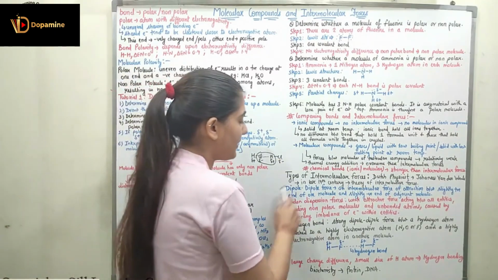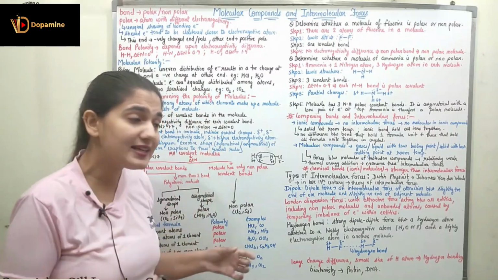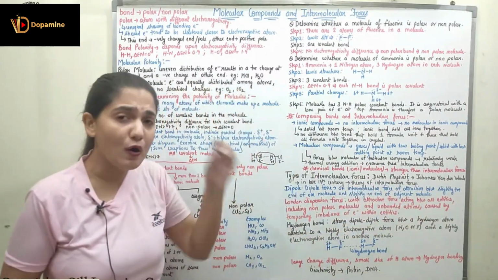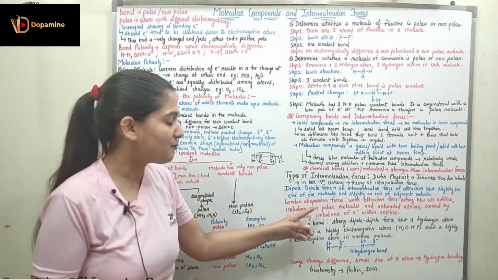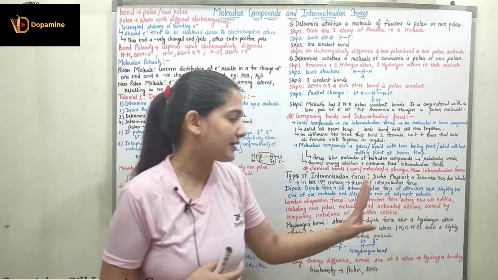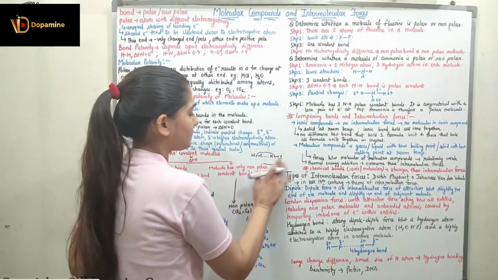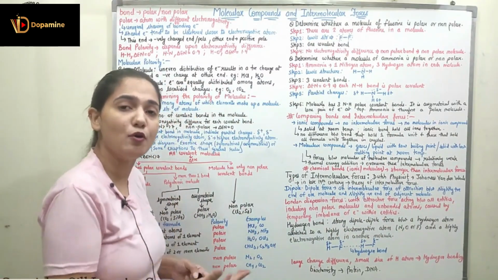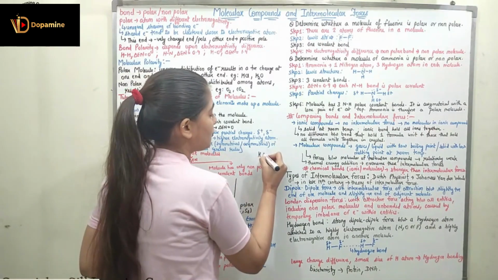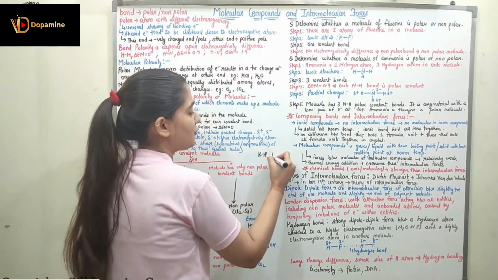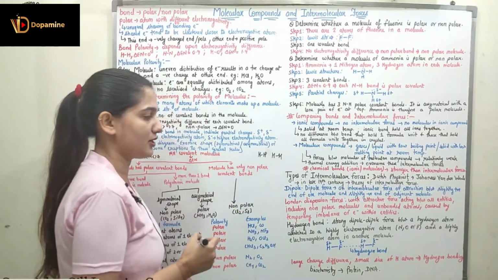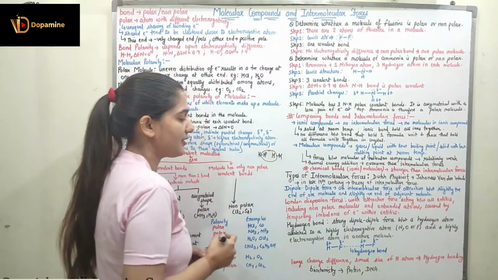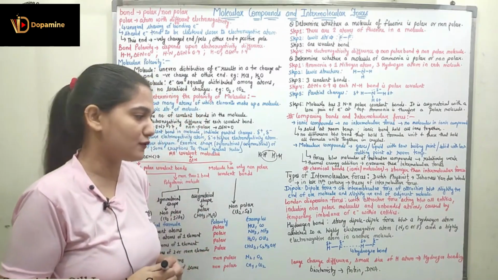So now coming to the London dispersion forces. These are the weakest forces of attraction, which are present between all entities, including non-polar molecules and unbonded atoms, right? Dipole-dipole interaction will always be present between polar molecules. If I have H2, with two hydrogens here and two hydrogens here, there is no partial positive or negative charge, so these hydrogens are connected with London dispersion forces only.